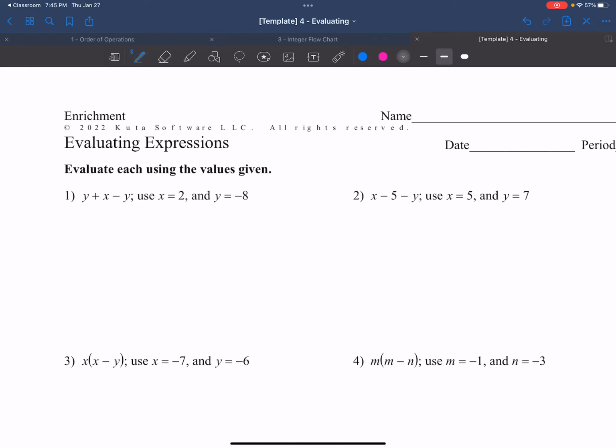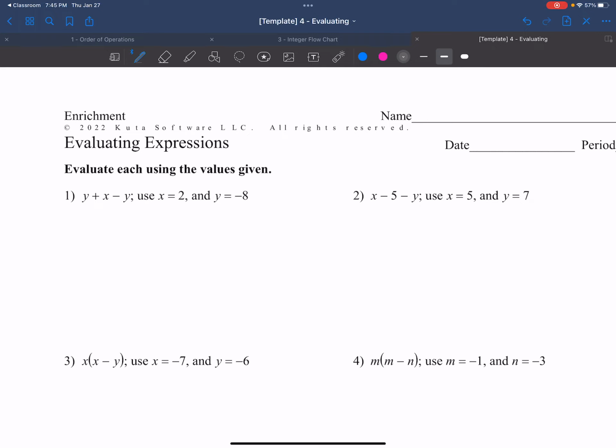Okay, here's today's assignment, evaluating expressions. So basically this means we take algebraic expressions with variables and we plug in the number they give us for the variable and then solve and use our simplifying skills. Please excuse my dear Aunt Sally after that. Now remember, this is a video, so I will go faster, but remember it's a video, so you can pause